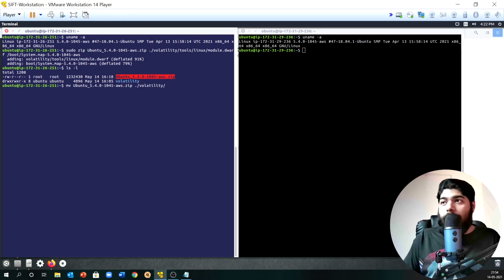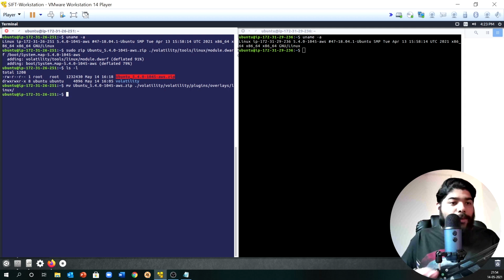There is a folder called volatility, inside another folder called volatility, and after that another folder called volatility. Inside that there is a folder called plugins, then a folder called overlays, and then a folder called Linux. We just need to move this zip file inside that folder, and we are done. Now let's verify whether, after running your Volatility command, you can see the profile that you just built.